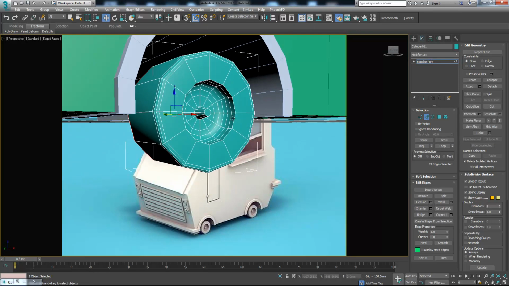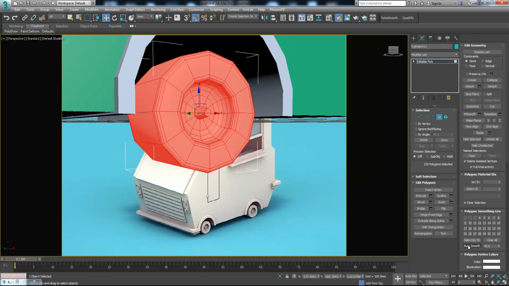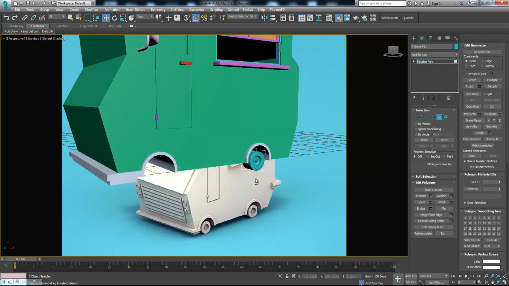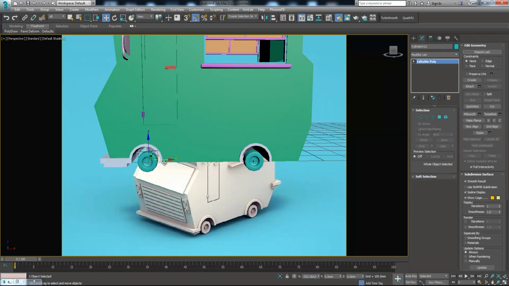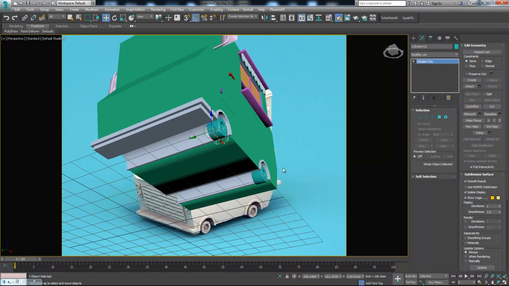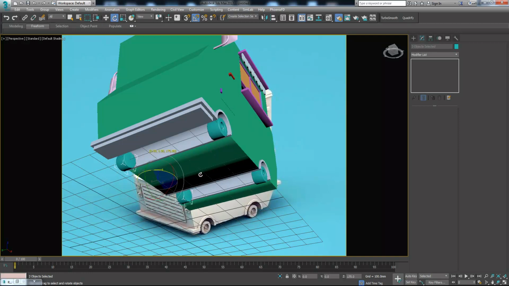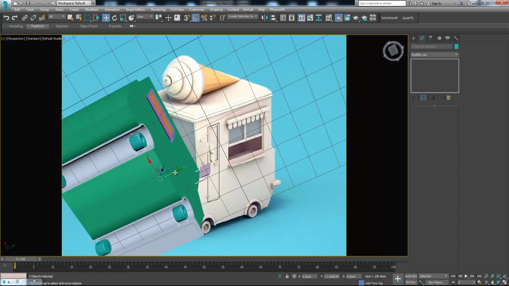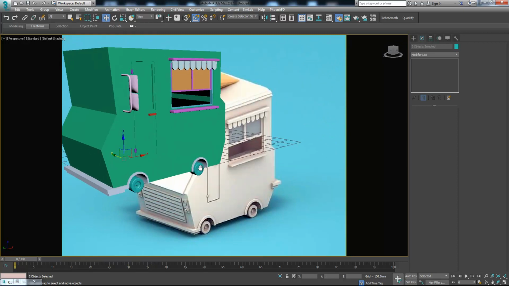Okay. Now let's select and press Alt Smooth. Okay, good. Let's duplicate this. Okay, let's do the same with this. Rotate it 180 degrees and adjust the position. Okay. Now what we need to do is